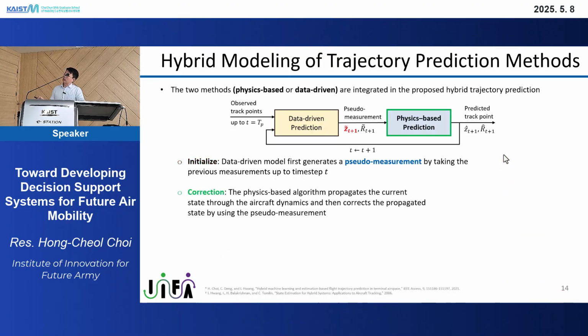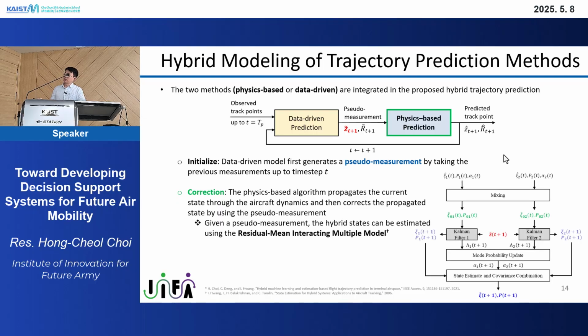And then this one step ahead prediction can be fed into these physics-based predictions. Actually, this estimation algorithm can take the measurement, but we call it the pseudo measurement because it is not actually the measurement. But it is working like the measurement in this physics-based prediction. So that's why it is called the pseudo measurement here. And physics-based prediction takes this pseudo measurement, and then based on this hybrid estimation algorithm, we can account for the